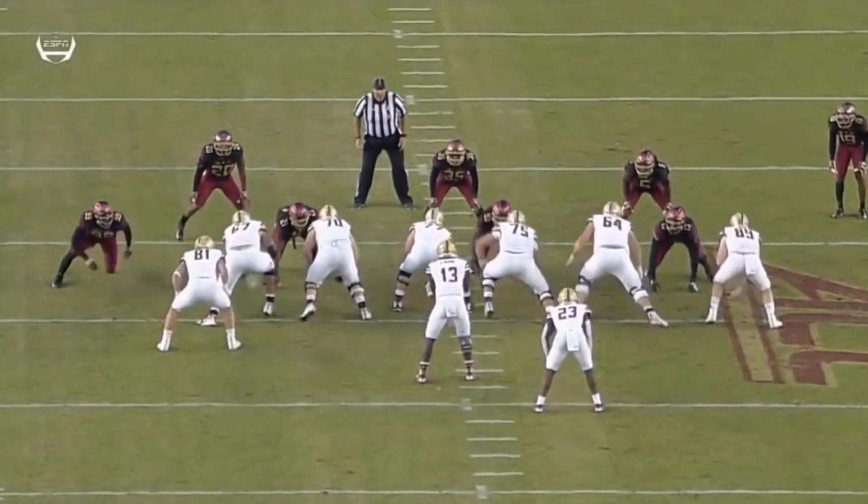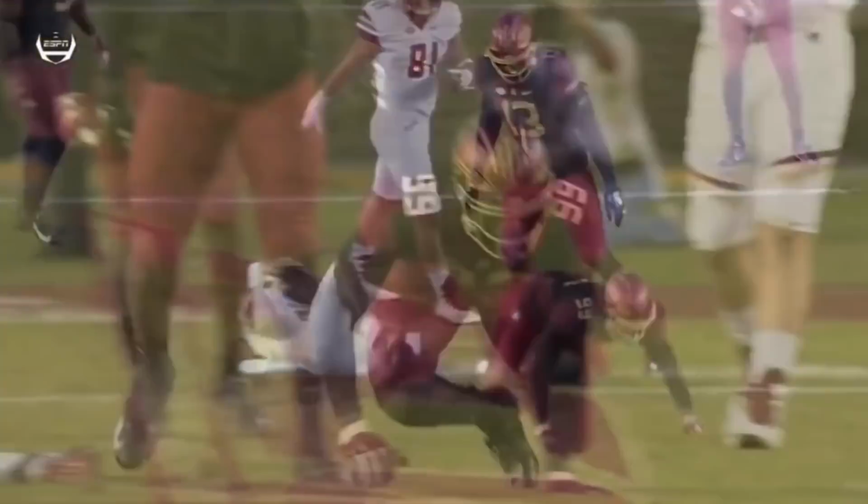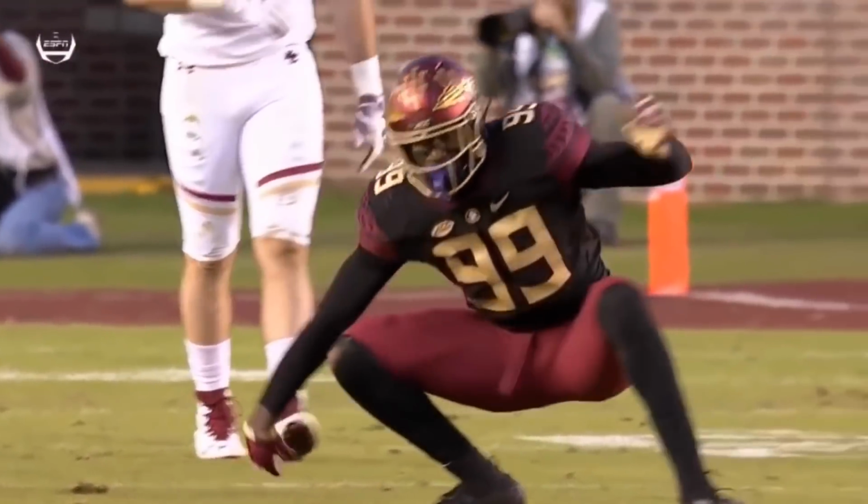The touchdown, but watch him. He's fast enough to chase down runs on the backside. They don't peel back to block him. Tight end pulls around. You better find a way to get a body on him because he's...